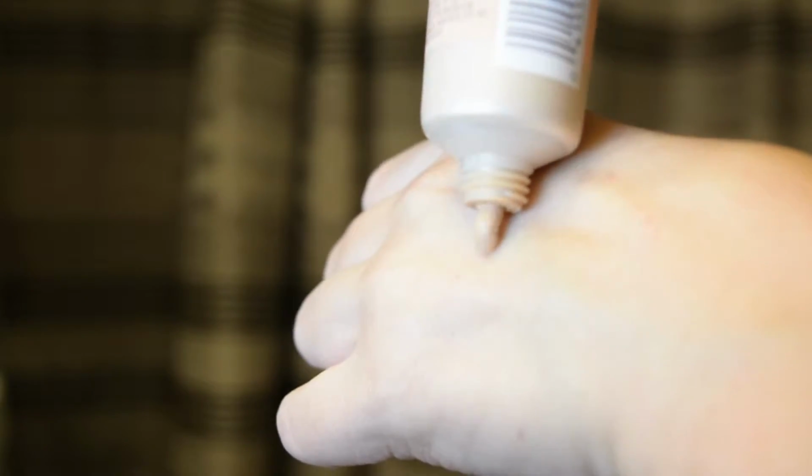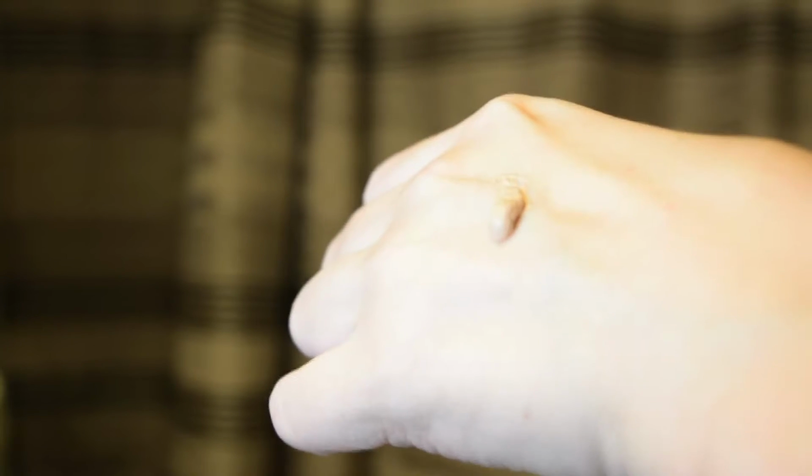It's easier to lighten up a foundation by putting on lots of concealer and powder and that sort of thing than to erase bright pink. As far as the application of this foundation is concerned, that rhymed, I really do like the feel of it going on because it is very, very moisturizing. It's a very moussey formula, and you put it on and you can definitely tell that you are adding moisture